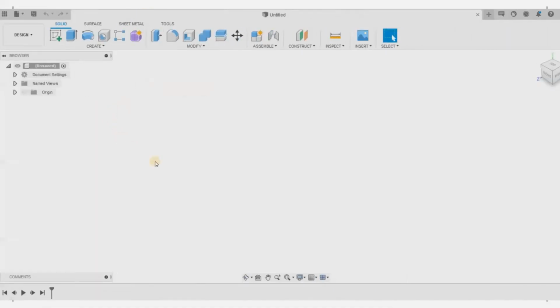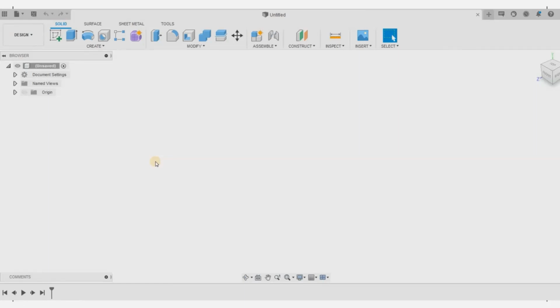Now, let me tell you one more important thing. Whatever you have seen is going to be saved in the cloud. What I mean is, it's going to be saved on the Autodesk server. So it will not be saved to your laptop or desktop, or whatever workstation you're working on.